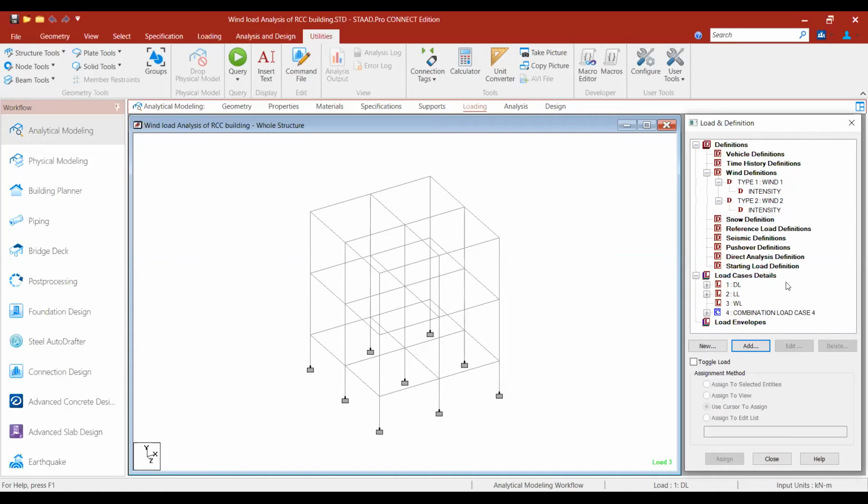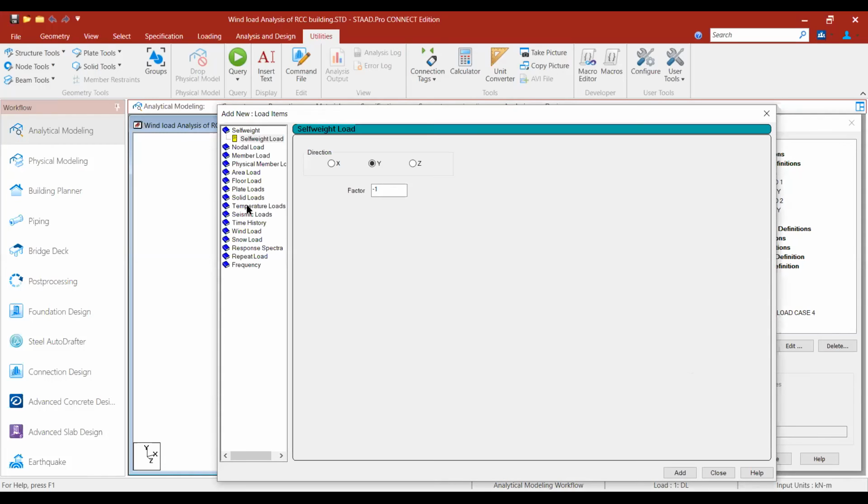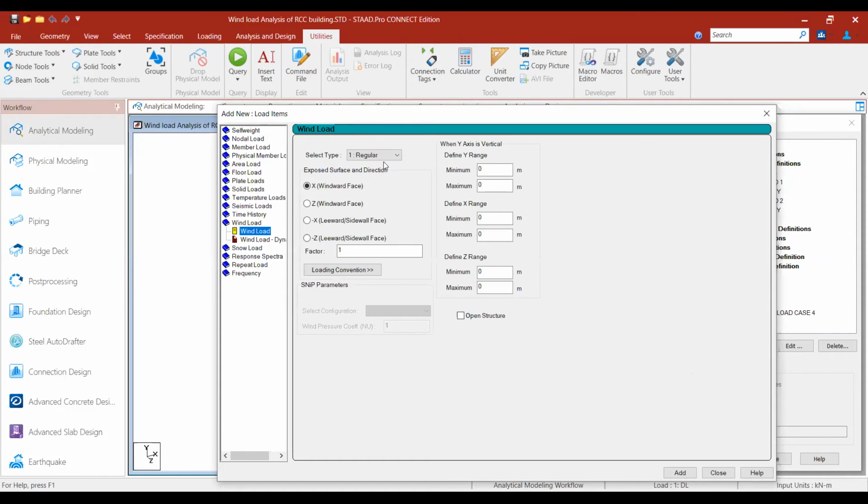Now go to the wind load. Select wind load, add, and add load items in this. We select wind load, type is regular, in the X windward direction. Factor is 1. Y range is here.